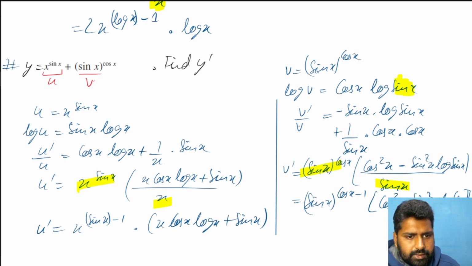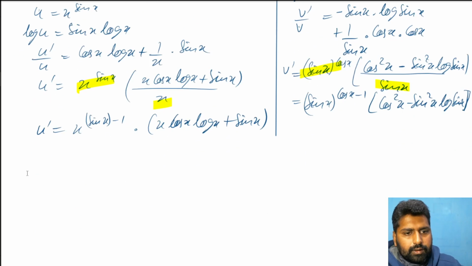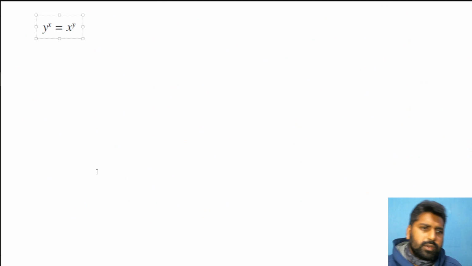Now let me see. Now there is one more kind of question, a slight variation in it, very slight, but yes, it is there. Just look at the question now. That's your question. This is y raised to power x is equal to x raised to power y, and the question says find dy